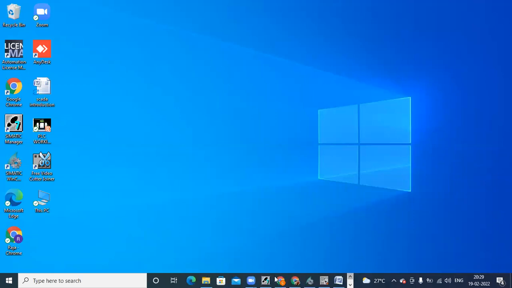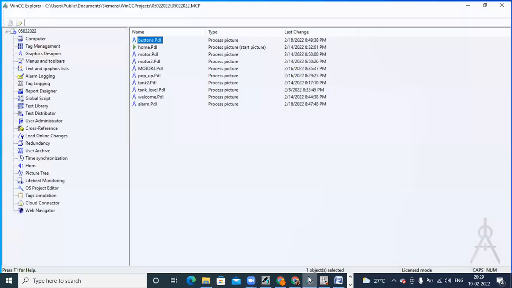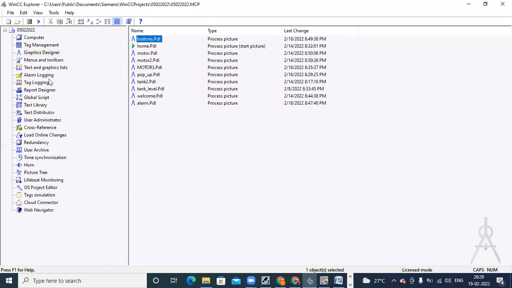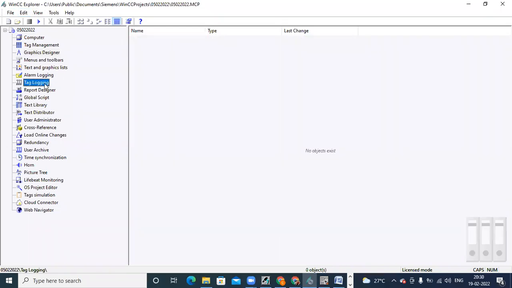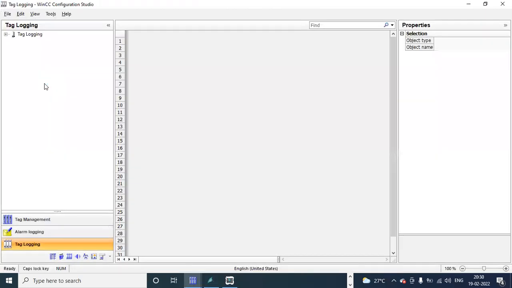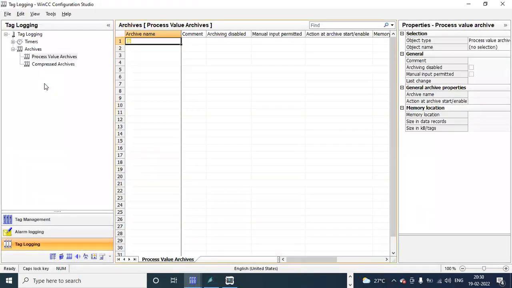Then go to the WinCC Explorer window. Here you can see we have tag logging. When you double click to open this tag logging, this window opens.